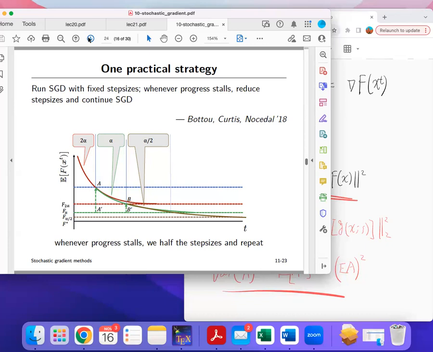And this is a simulation example where we run SGD with a fixed step size. You can see these three curves. The red curve is running with 2 times alpha, so it's a relatively large step size. Alpha is a certain numerical number. The green curve is